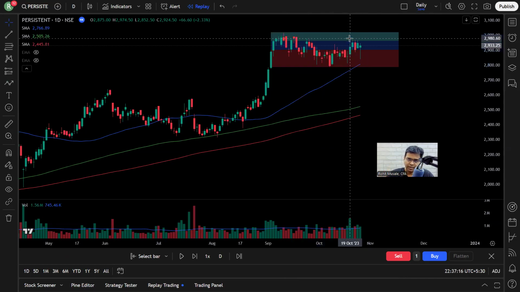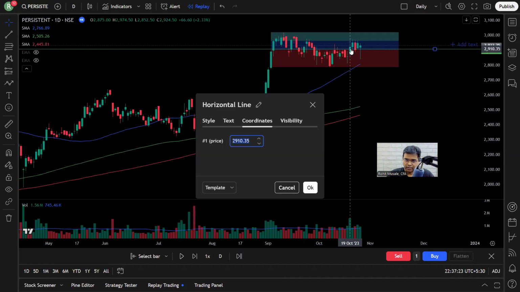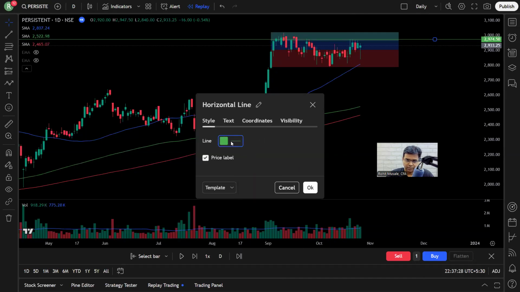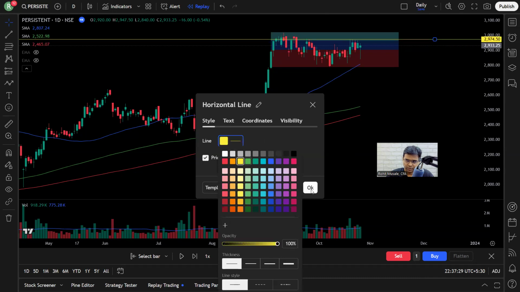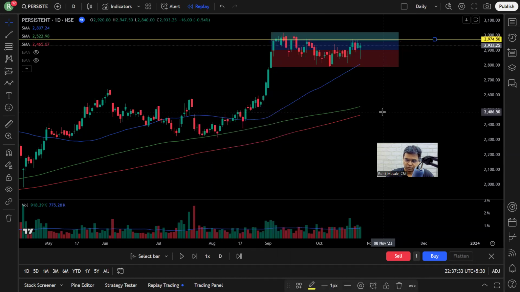So let us draw a line at 0.3, which is the high of this candle, which is 2974.50. So I will draw a line which is 2974.50. This is the first step that I do. So follow this process. Now above this, I draw another line which is 1% above